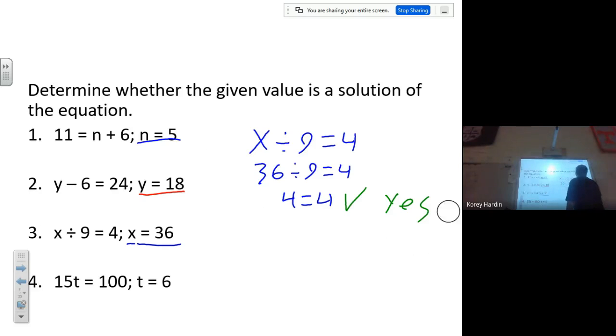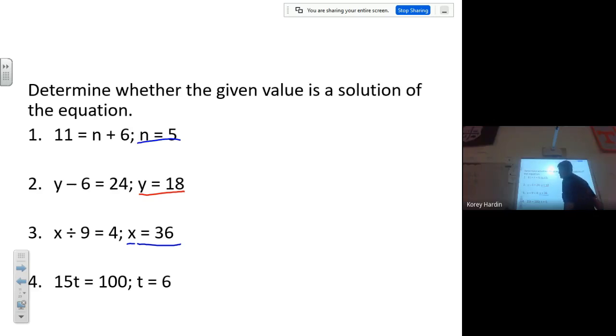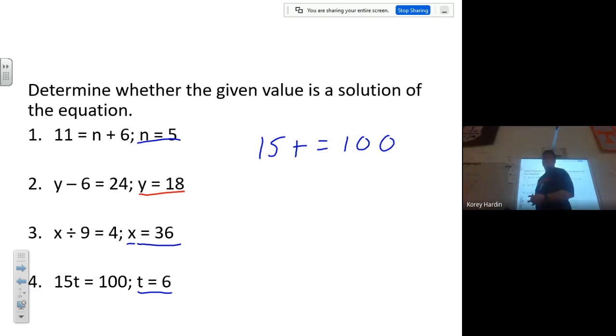And here's my evidence that backs it up. Last one, 15t equals 100. Now that's not a plus, that's a t. 15t equals 100. Now, remember the rule, touchy multiply. So I'm gonna plug in 6, so 15 times 6